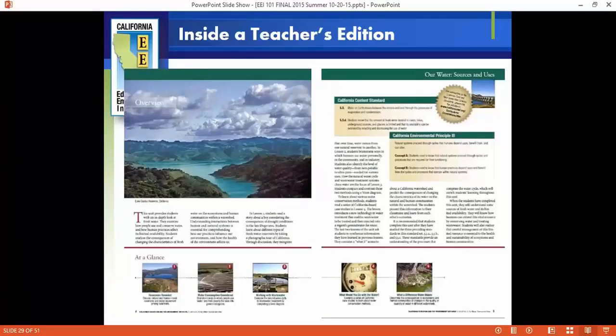Then you can see in this unit overview at the bottom the at a glance, which is really nice because you can look at each lesson and get a sense of the trajectory of the whole unit, where it starts and the development of the unit to get to the final lesson and the culminating